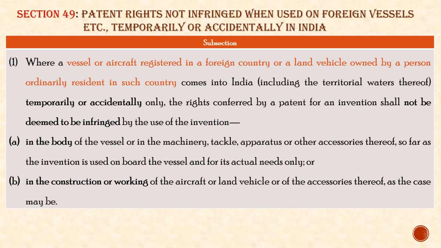Section 49. Patent rights not infringed when used on foreign vessels, etc., temporarily or accidentally in India. Subsection 1 says, where a vessel or aircraft registered in a foreign country or a land vehicle owned by a person ordinarily resident in such country, that is, foreign country, comes to India temporarily or accidentally only, the rights conferred by a patent for an invention shall not be deemed to be infringed by the use of the invention if,